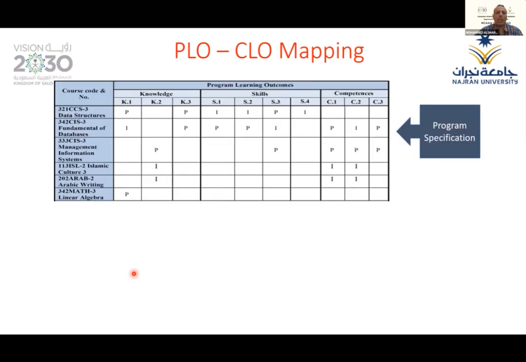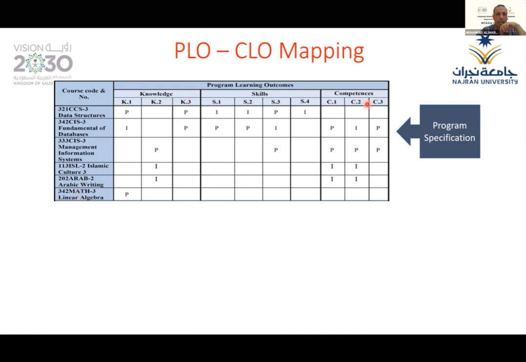Okay, this is the curriculum mapping. This is what we mean by the curriculum mapping. The curriculum mapping is located in the program specification. If you open the program specification for CS and IS, you will find a table. It's a big table, 3 pages, and here I give just an example. That's called the curriculum mapping, or the program learning outcome matrix. Here we have the courses, the courses of the program. This is just a symbol. And this is our learning outcomes distributed among the domains: knowledge, skills, competencies. And these are the learning outcomes.